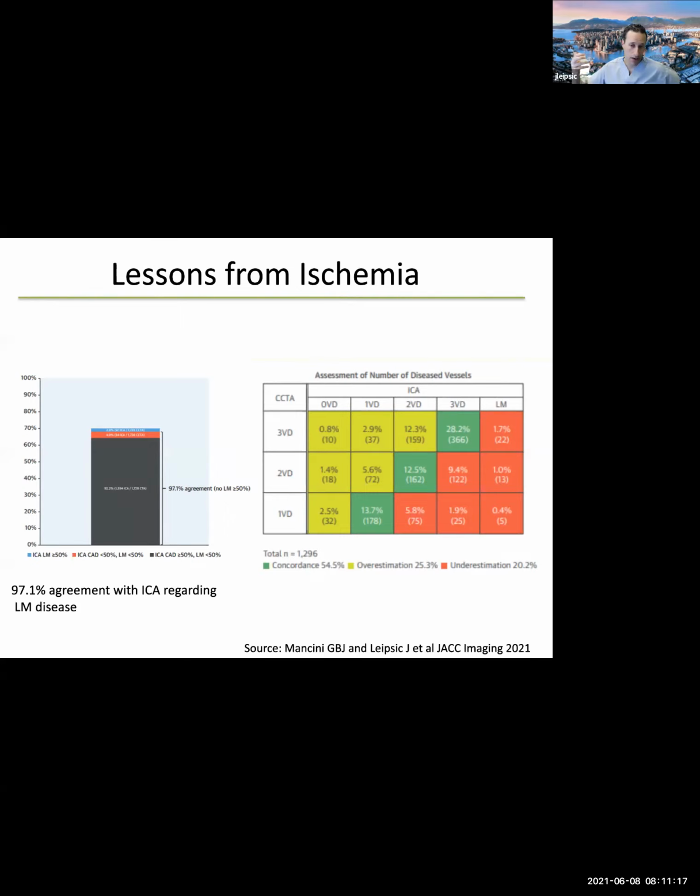And so what we saw was the agreement between invasive coronary angiography and CT was incredibly high as it relates to the absence of left main disease and the presence of anatomical stenosis, 97.1% agreement. So obviously the agreement is not 100%, and CT has limitations. You need to prepare your patients well, you need to give nitroglycerin, you need to give beta blocker, and you need to optimize image quality. But even in the setting of very complex CAD, in the modern setting, the agreement between invasive angiography and CT